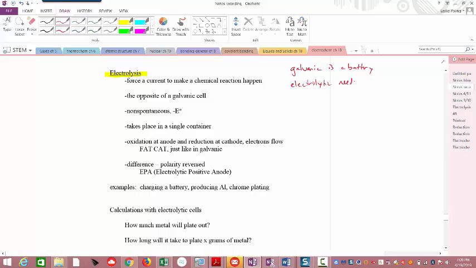Electrolytic needs a battery. Okay, so since it's the opposite of galvanic, it is not spontaneous. So it's going to have a negative delta E, and it would have a positive delta G. When we drew our reactions